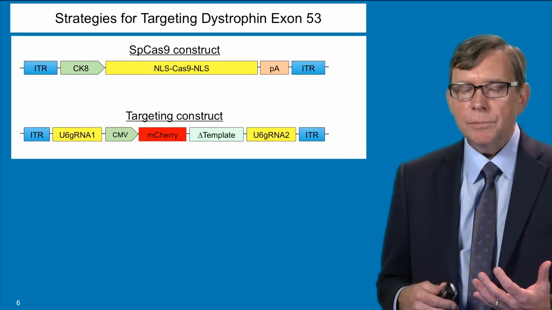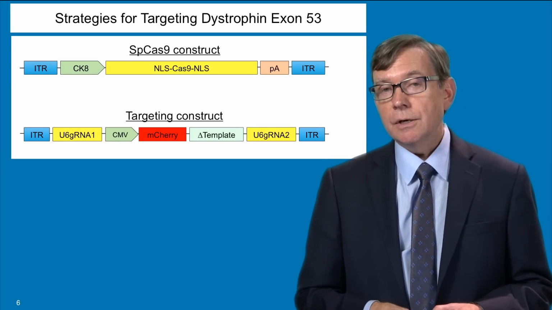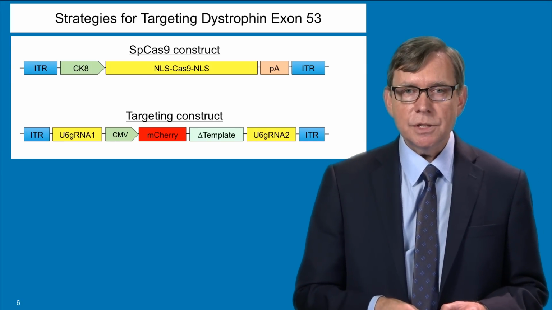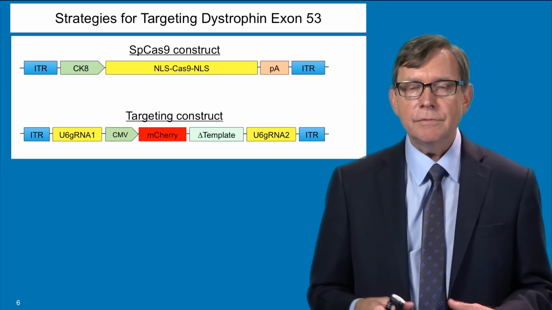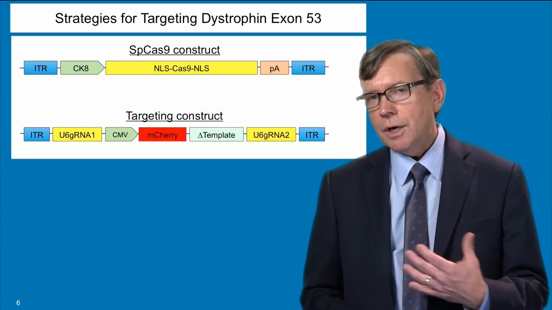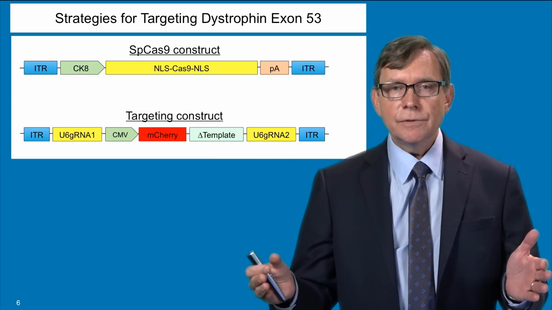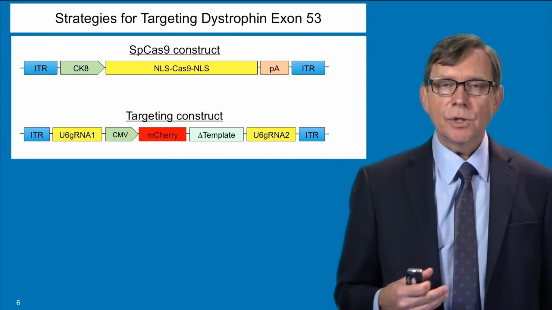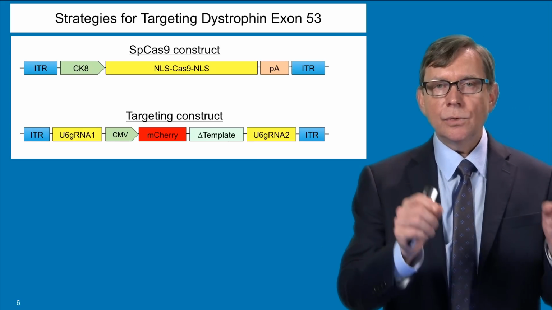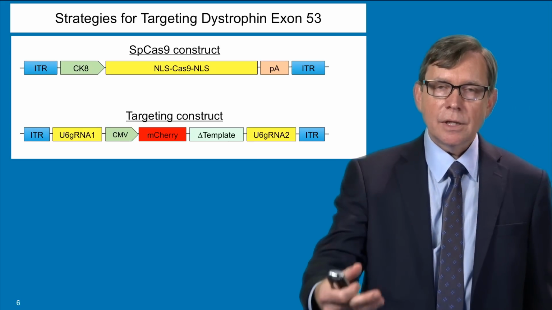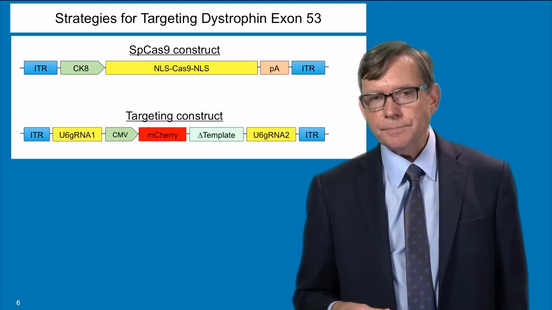So the way that we've been developing this approach in my laboratory, and many other laboratories are pursuing very similar technologies, is to try to bring in the needed components into the AAV vector system. One of the problems that we've run into, similar to the large size of the dystrophin gene, is that this Cas9 protein is quite large, and it's very difficult to fit it into an AAV vector together with the guide RNAs and the different components that you need to make this work.